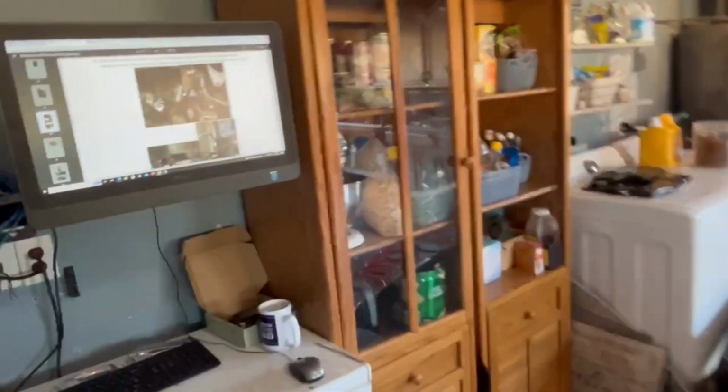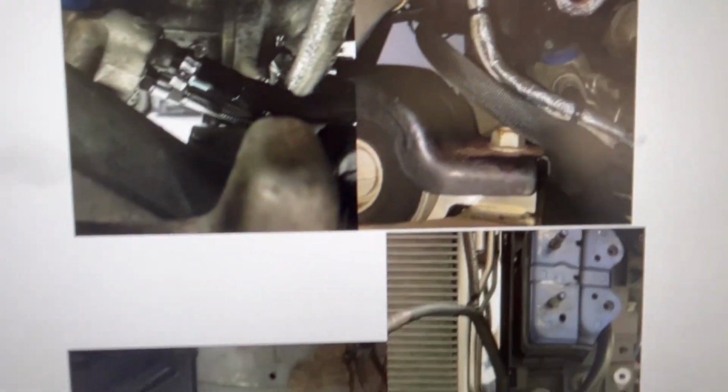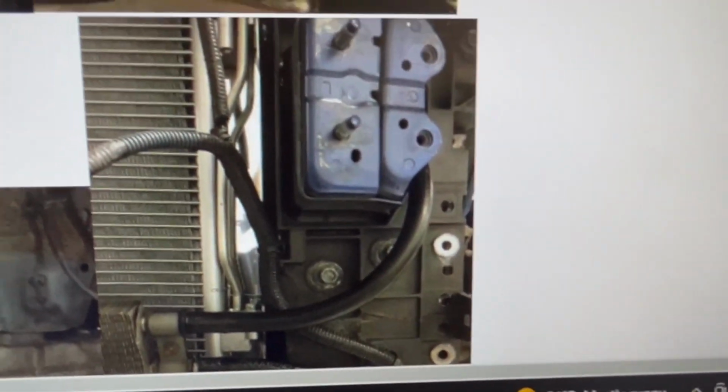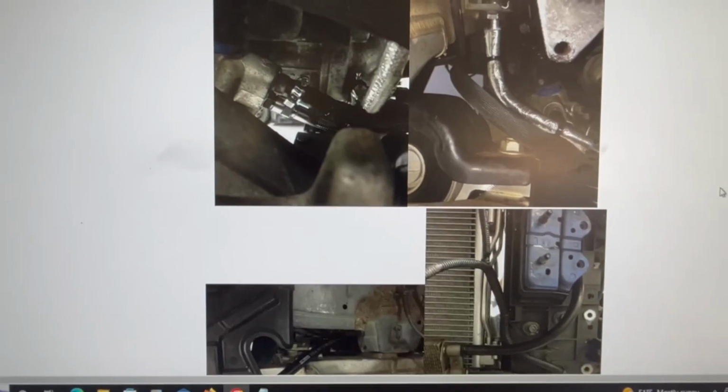So our next step here, let's see here, this is exactly what I was showing you now. Two hoses, the metal one and the rubber one. Yeah, they use a couple of zip ties to tie it and route it properly. Then it comes out through there, and of course I showed you just pictures just now, live. Continuing,